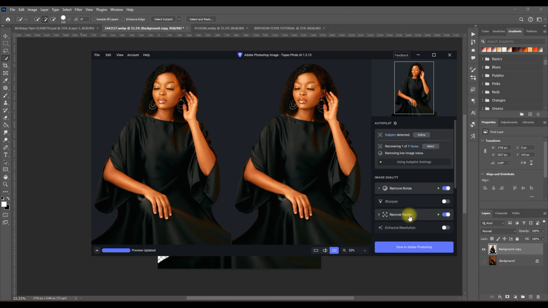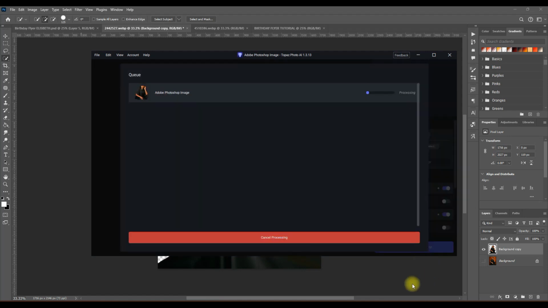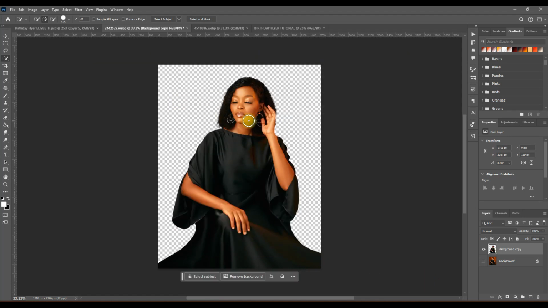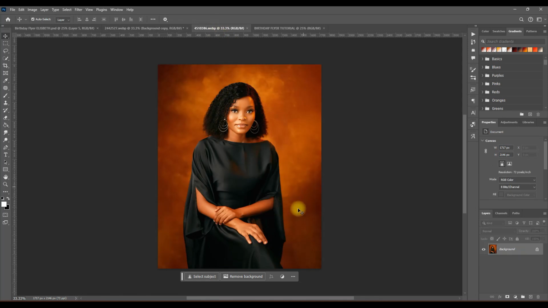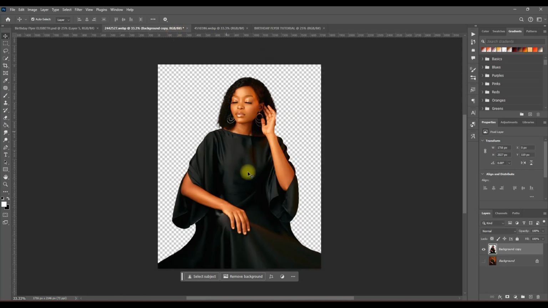So when you open it, you select remove noise, recover face. Okay, you see now. Let's see the outcome of the final result. You click save to Adobe Photoshop. You see it now. So we are going to work on the next picture, which is this very one. First of all, let's take this one